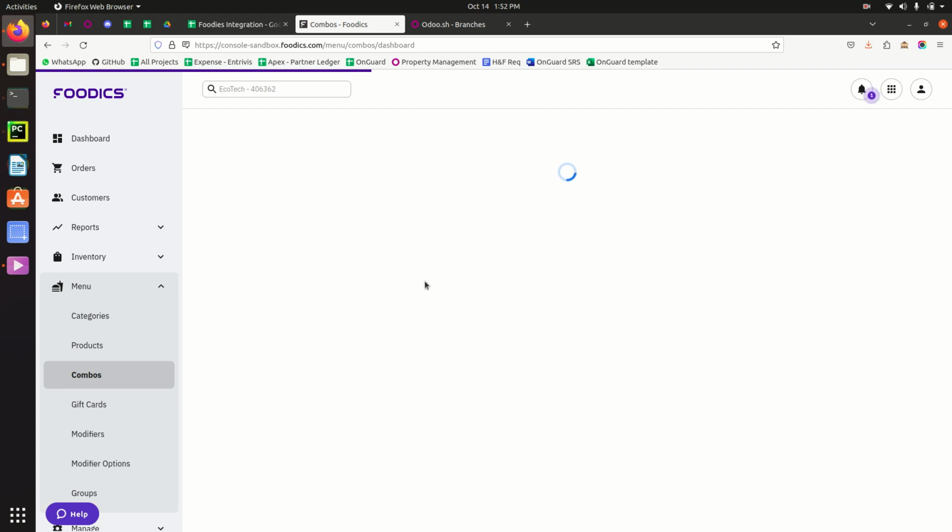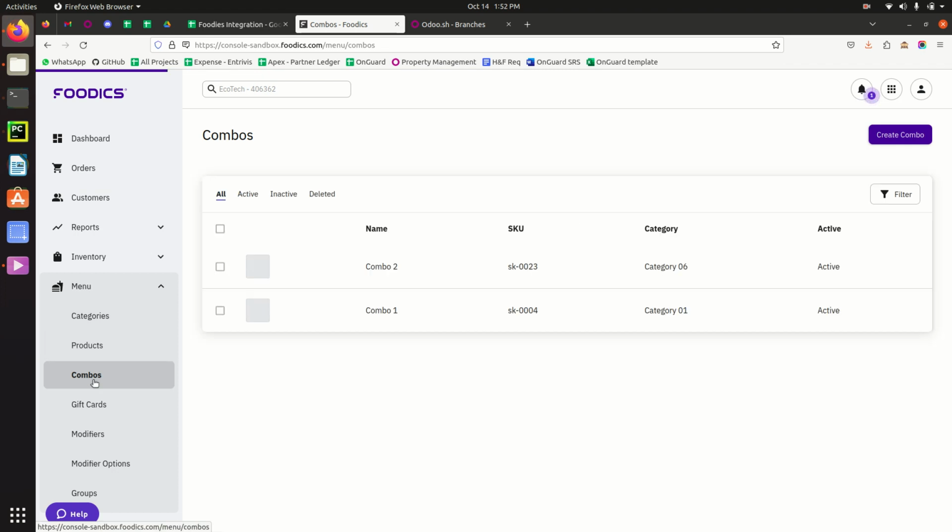In this video I am going to show you from the Foodics-Odoo how we can sync combo products. So I just log in to Foodics, and here you can see it's trying to open the dashboard and it's taking some load. But now we can go under the menu, we can find a combo, and here we have